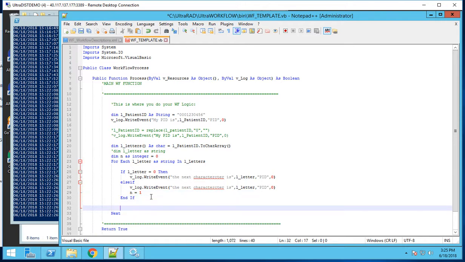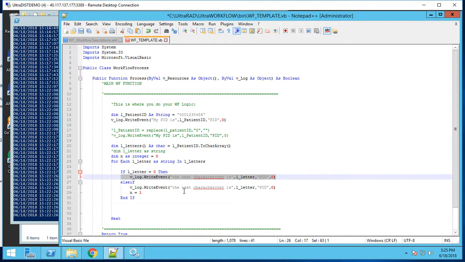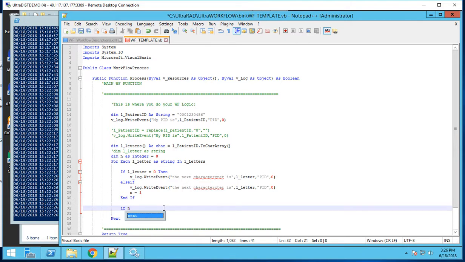Okay. So when the script first enters, this is probably not the best way to do this, but I'm trying to give you a simple example here. So when we first enter this loop, if the letter is 0, we're just going to output that it happens to be 0. Otherwise, we're going to output the next character and make sure that we set n equals 1. So when we first enter into this loop, n is going to be a 0. So what we're going to do is we're not going to build our new string until n is equal to 1. So if n equals 1,